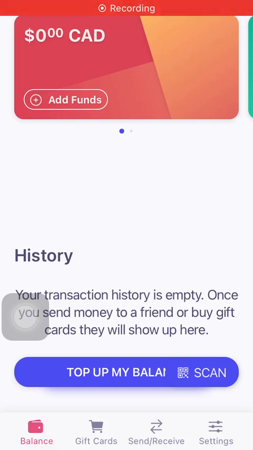Hello guys, in this video I'm going to show you how to enable Touch ID on the Bidali Pay and